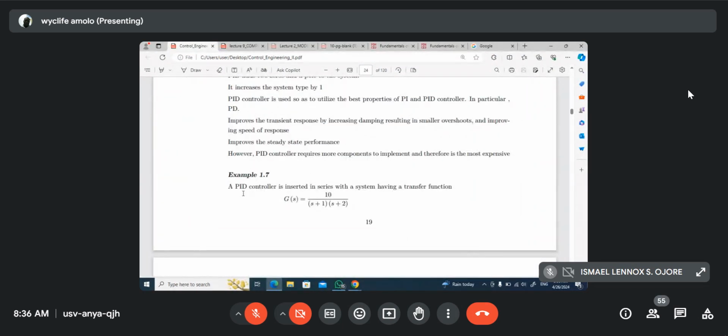A PID controller is inserted in series with a system having a transfer function. So if the plant equation is a Laplace kind of thing, I tell you that